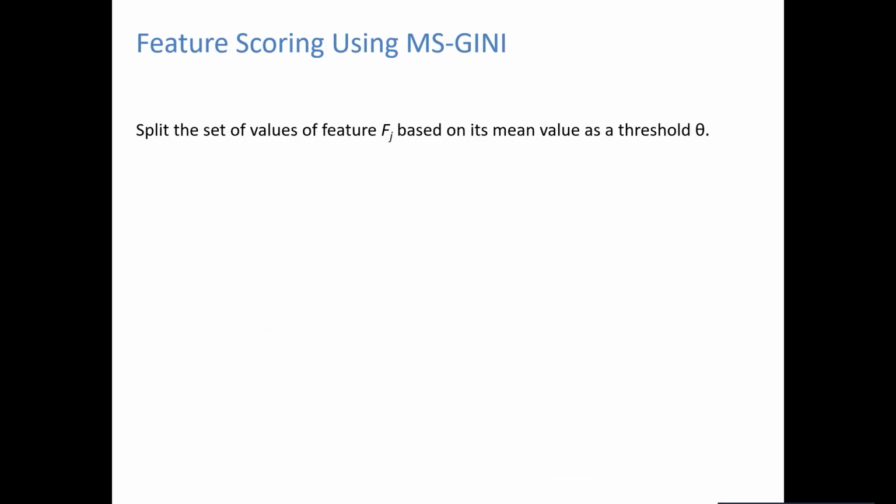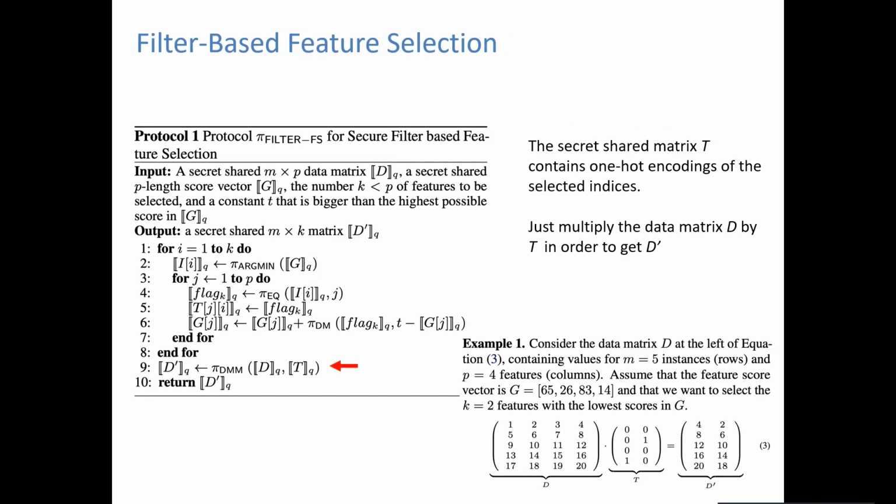Yeah, so I have a question about the algorithm, because what I understand is you pick the k lowest values of the vector, right? So you're trying to select, out of the p features that you have, k indices of the feature vector, right? K of the features, the ones with the best scores. Yes, it's based on the vector G, the scores of the features. Yeah, so why is that so complex?